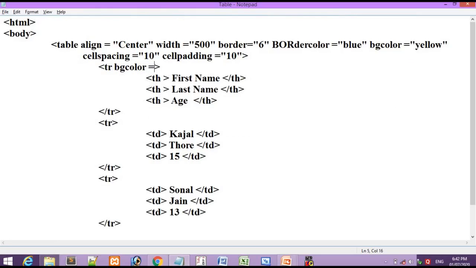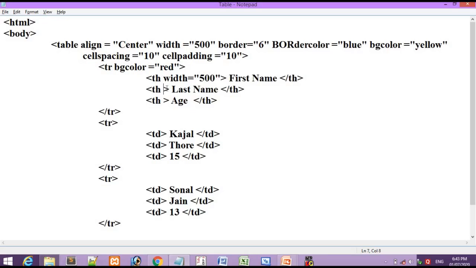Here I have given the bgcolor attribute, and here I have to give the value. I am giving the value as red, in the first row of the heading tag. After this, I want the width of my heading to be increased. So how can I increase the width of my heading? Just go to the table heading, the starting tag of the table heading, that is the th tag. Go inside it and you see an attribute, that is width, and assign a width. I am giving the value as 500.